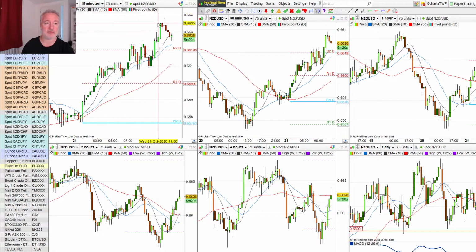This is trending well. It's a nice little uptrend there, Kiwi dollar, US dollar, but look at that daily, it's range bound. So I would mark off where the top of that range is. There could be some shorter term opportunities, but